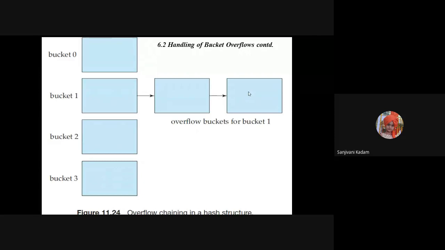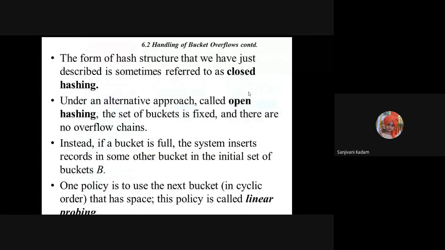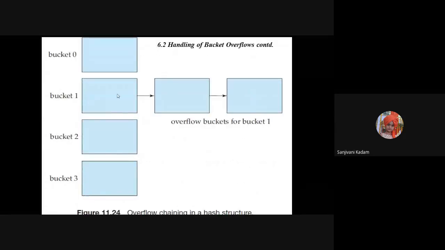And open hashing means that here we will not add new buckets whenever there is overflow. We will look for another bucket which is not full. For example, if bucket 1 overflows, we may check bucket 2 to see whether space is available. If it is available, we allocate bucket 2 for that record. So linearly we search wherever space is available. If bucket 1 is full, check bucket 2. If this is also full, check bucket 3. This is called linear probing: sequentially, linearly, we are searching wherever space is available.